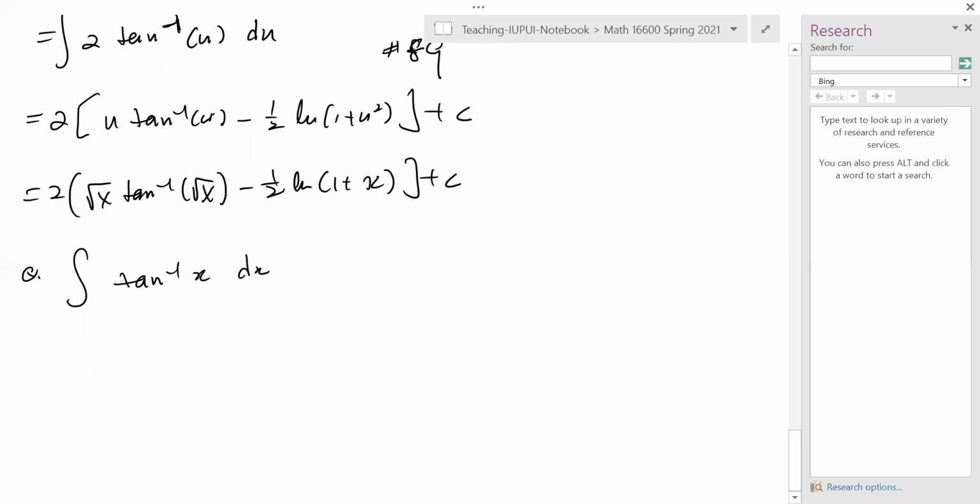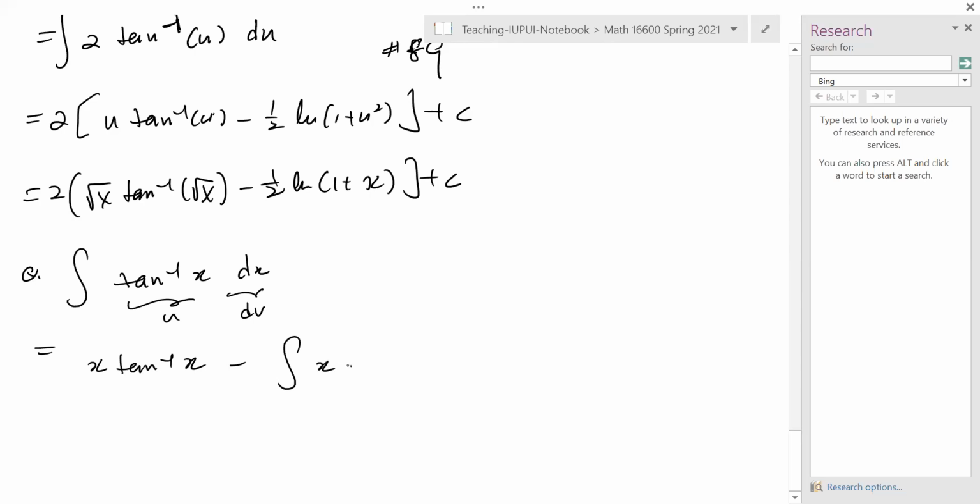You have to use integration by parts. So how do you do that, right? This is a u, that's a dv, kind of. So v is x, so u times v, it's x times arctangent x, minus, you switch the order, the integral of x